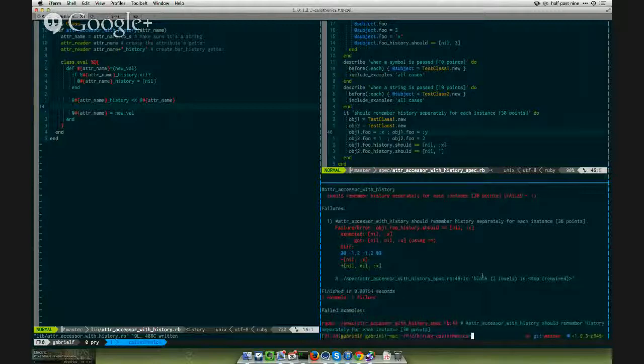Well, okay, so we're getting a little further. The reason we're doing that is because we are pushing nil on regardless. We're saying if the history is empty, then just put nil in there. So what we can do,